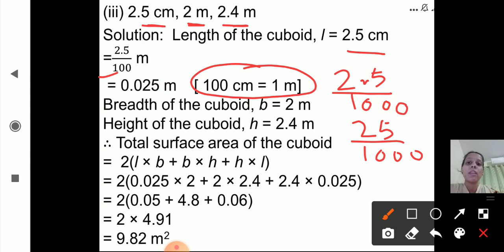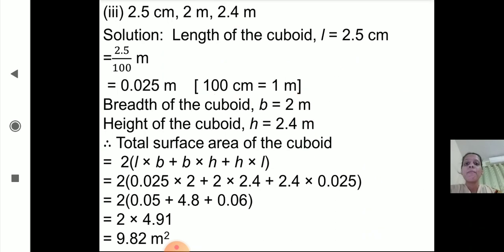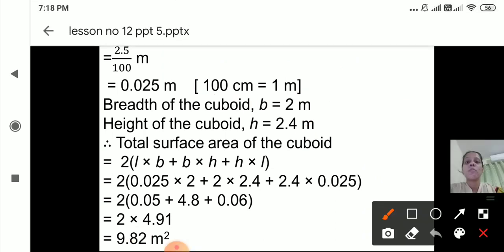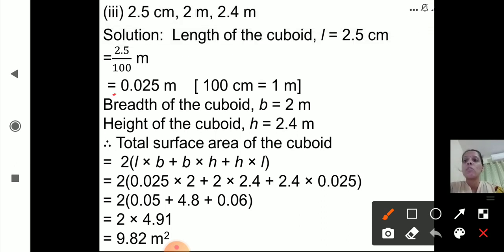Okay, why 1000? We will remove the decimal point. After decimal point there is 1 digit, so we will add here 1 0. So here it is 1000 now. Now see how many zeros are there? 1 2 3. So from right hand side 1 2 3 and put the decimal point. So what is the answer? 0.025. So we will convert this centimeter into meter. So what we got? 0.025 meter.